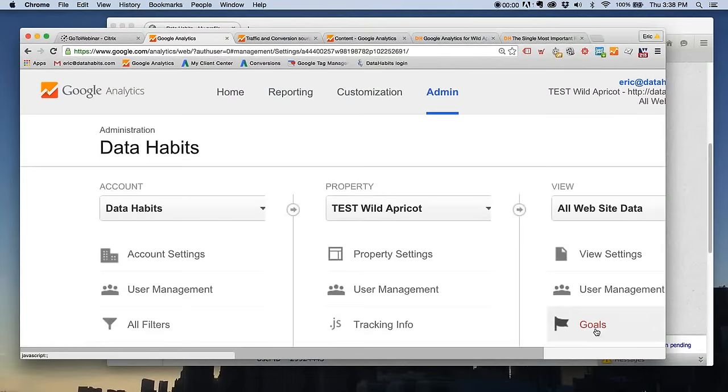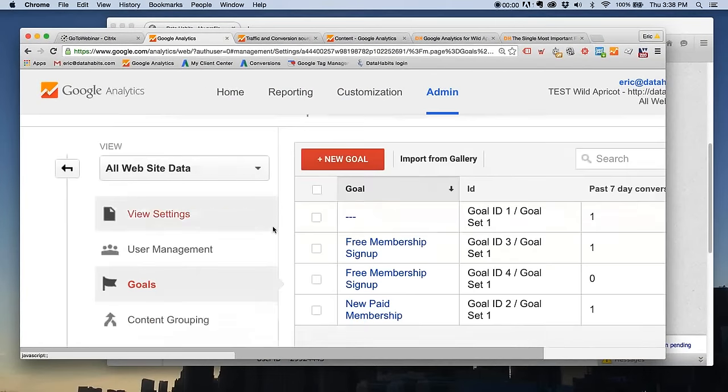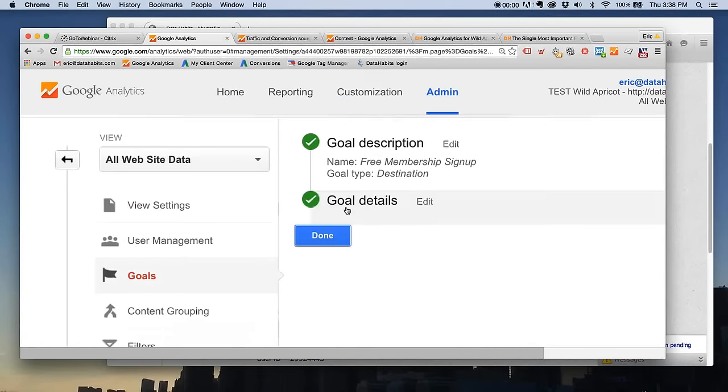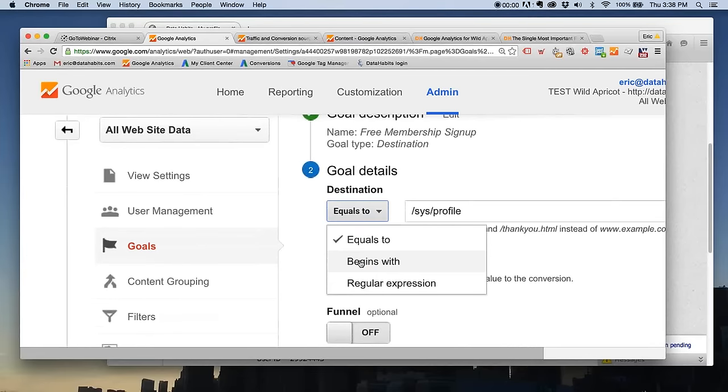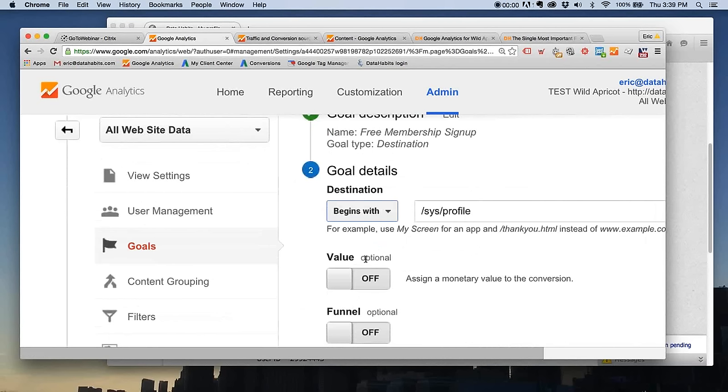When I'm setting up a goal, there's the free membership sign up here, the goal teach sale. See that equals to? I can also say begins with. So if I had a directory and all of the pages in the directory started with the word directory, I could just do begins with. And then I wouldn't have to set up one for every directory page. I could just say,